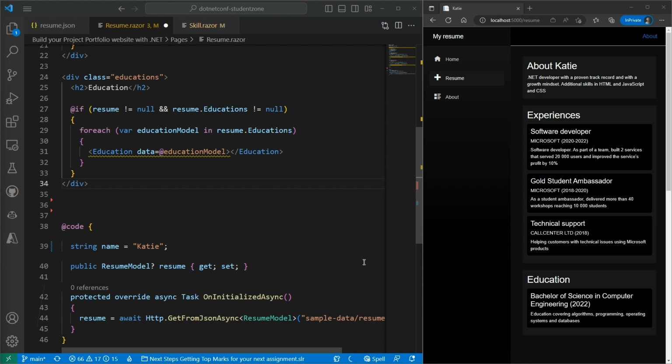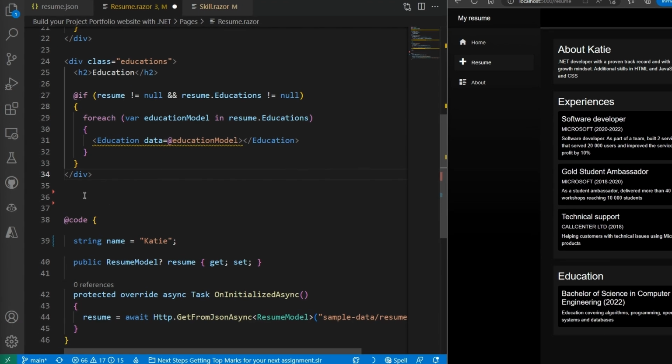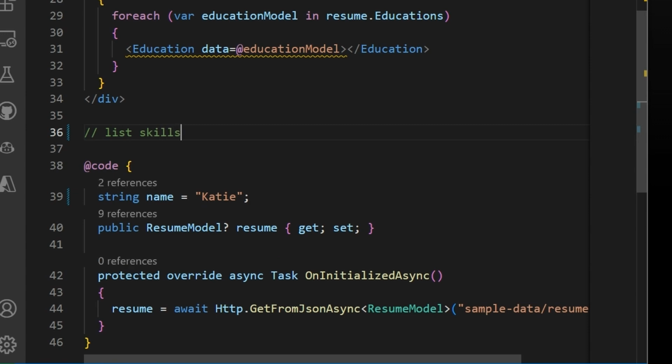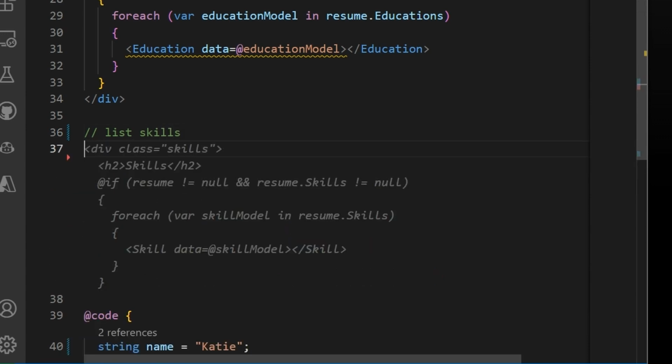So I want to be able to display my skills so that people can take a look at my resume and know my competencies. So I'm going to go ahead on line 36 and use a comment to prompt GitHub Copilot to help me with this task. And here's the suggestion. The cool thing about this is the way that Copilot's able to integrate and utilize these different contexts, helping us pull together C# here along with our Razor markup.